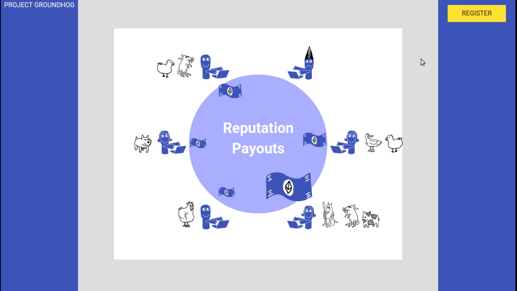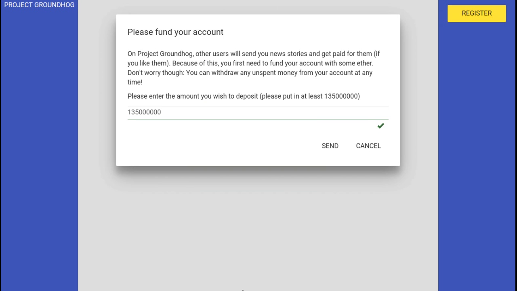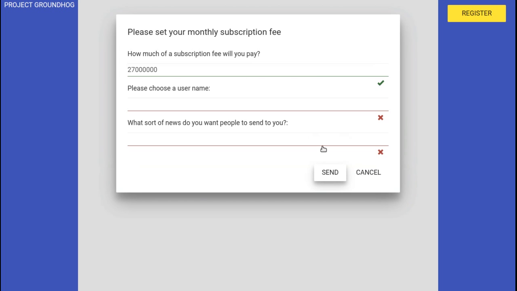Okay, so now after all this, let's actually use the application. Right now this web browser is hooked up to an Ethereum wallet, and I'm going to hit register. At this point, it asks me to enter in a small amount of currency in Wei, which is the lowest currency denomination in Ethereum. There's a minimum funding amount you have to put into your account, and out of that funding amount, every month you have to pay a subscription fee, which is going to be this amount. Now, obviously, we're using these very funny numbers. As this matures, we're going to have friendlier currency denominations.